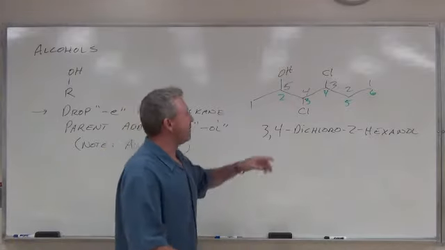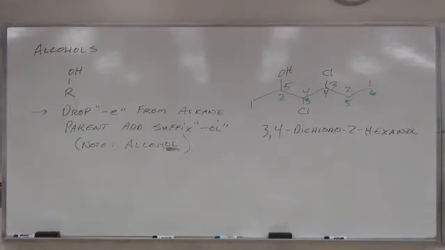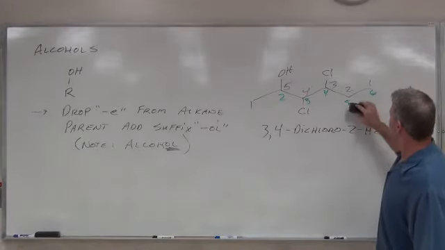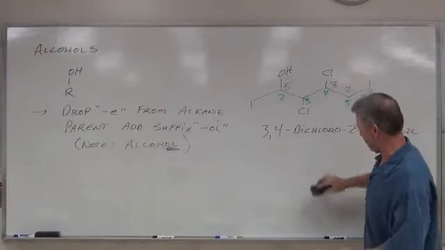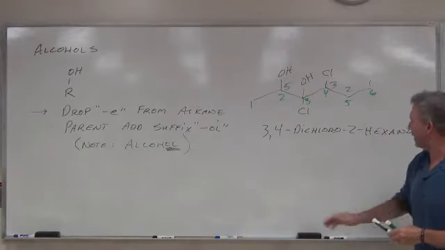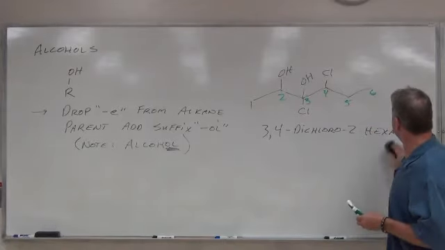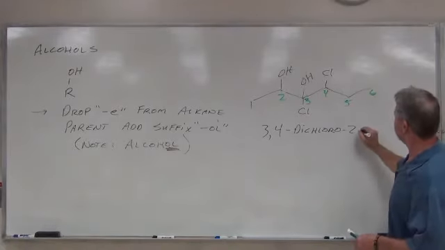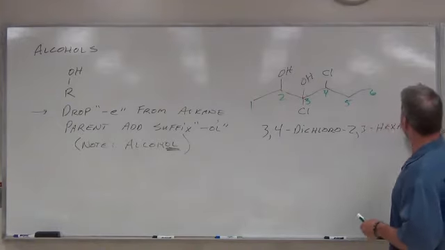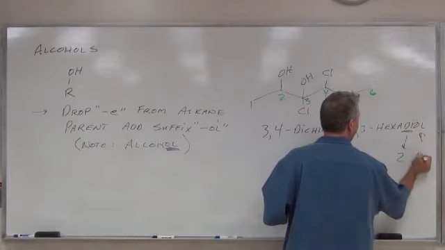Okay? It is possible to have 2 alcohol groups on one molecule. We won't see them too often, but if you do, it would be a diol. For example, what if I put an OH group here? And again, we won't see them. You might see one in lab or something like that. Let me get rid of this blue so it doesn't screw people up. Everything would be the same, except it would be 2,3-hexadiol. Notice di to all alcohol.